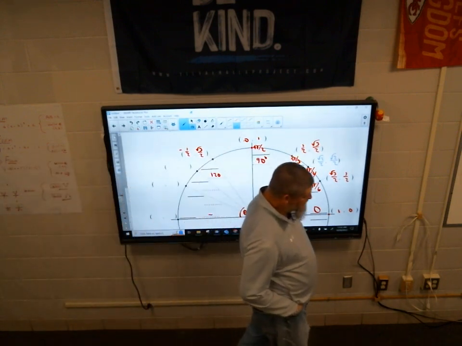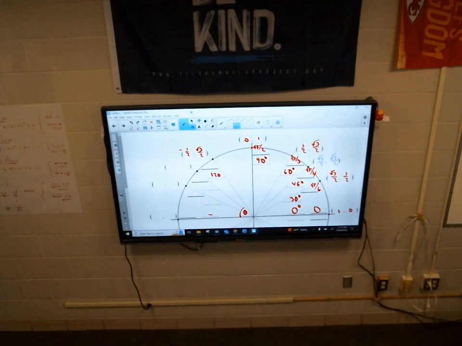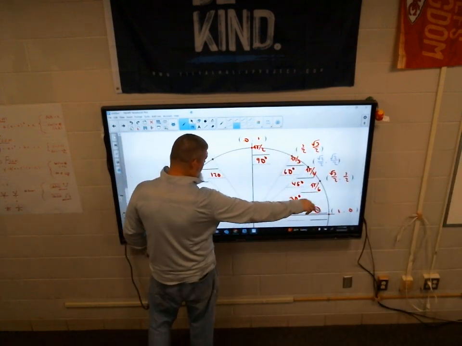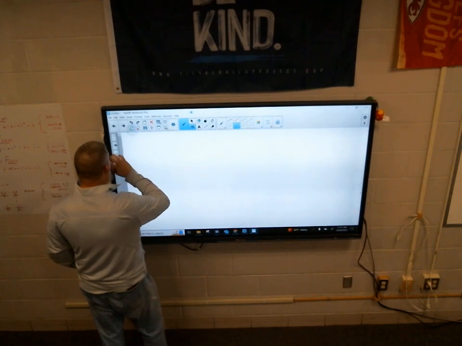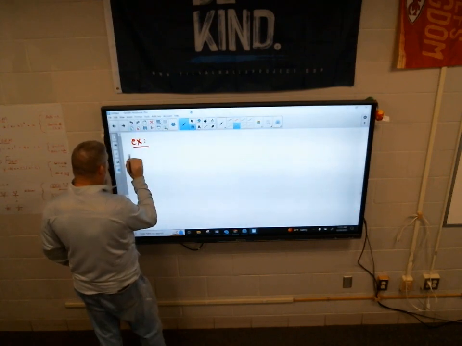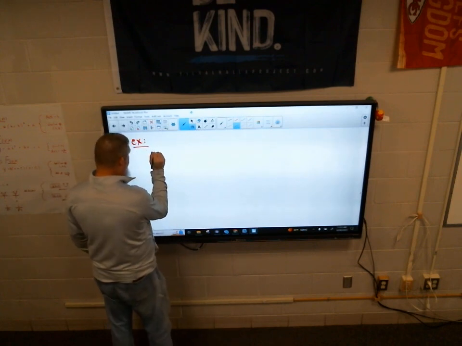Okay, so the unit circle. Should we dare do this before lunch? We should dare. We'll do one now, and then we'll come back and do one after lunch. So you have the first quadrant in front of you, right? Yes. All right, here we go. I would say this is an example under unit circle. I would like you to take the sine